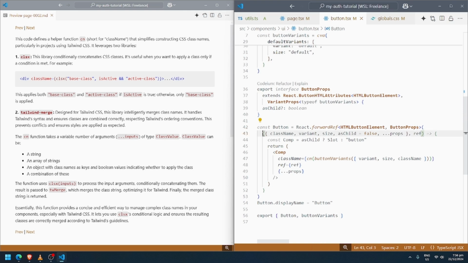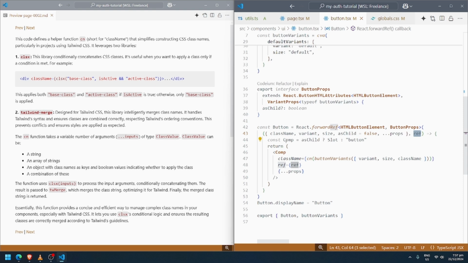And this part here is the component's function signature. It has two parameters, this group here, which defines className, variant, size, asChild, and other properties that might be used. The other one is the reference. This is an object that will be attached to the underlying button element.